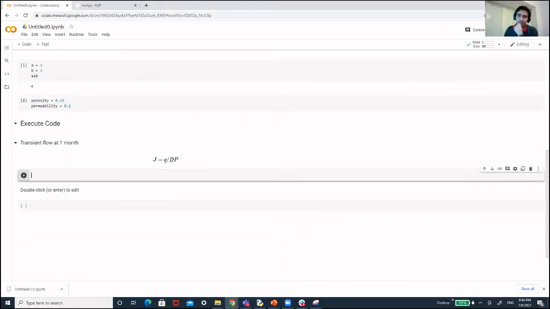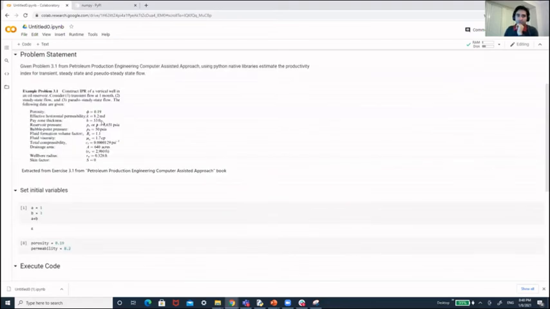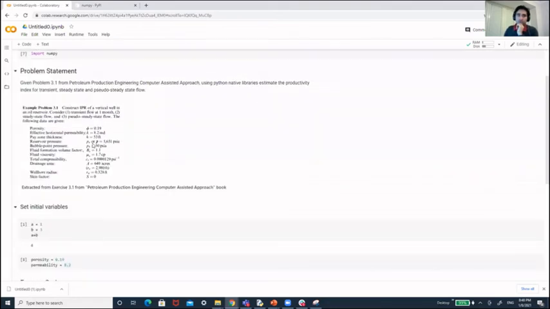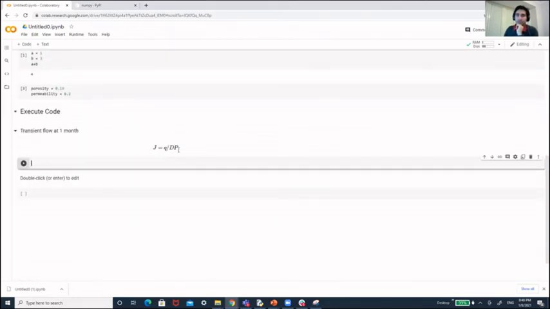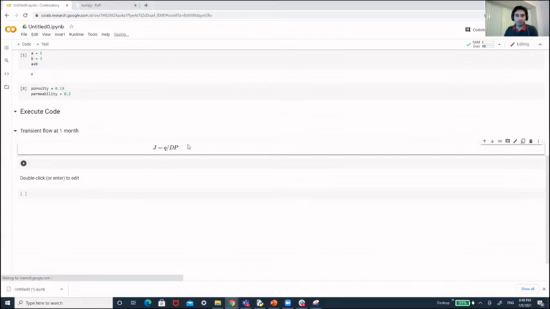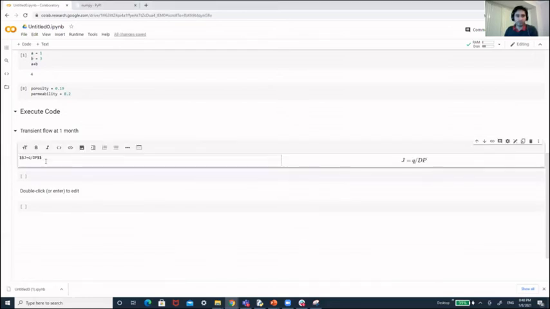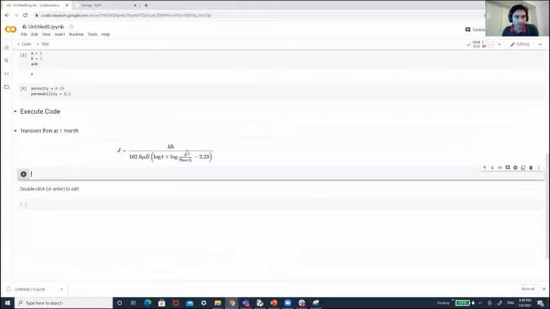This is very nice because you can also write your equations. As you start documenting your problem, you can write the equations directly into your notebook. So I'm going to write the equation for the transient flow at the first month. It's a bit late for me, but this is the code.